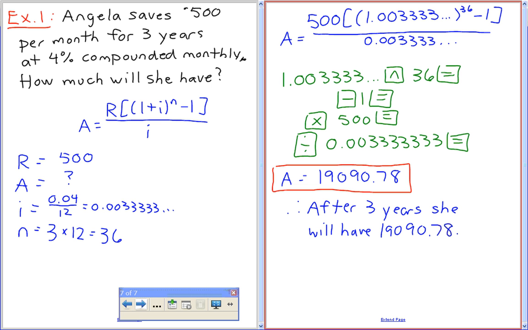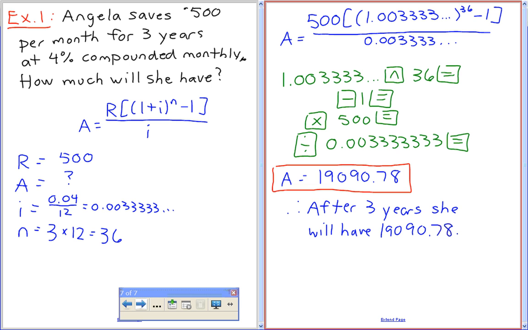Okay, now you're saying, Mr. Sadler, this is wonderful. How does this help you? Okay, what I'm going to do next is figure out how much interest Angela actually earned. Let's just talk about this in English, don't do the math. How would you figure out how much they actually earned? How much did the bank give them? How would you find that out? We'll do the math equation in a second. Yeah, because that's how much you actually saved.